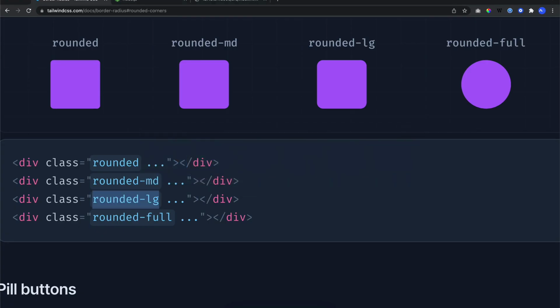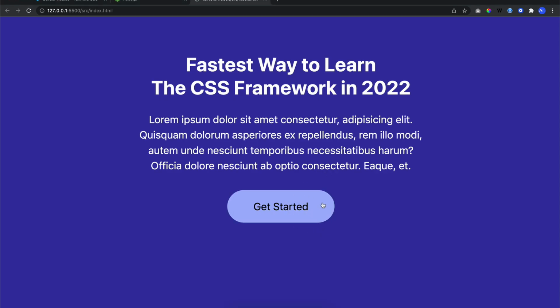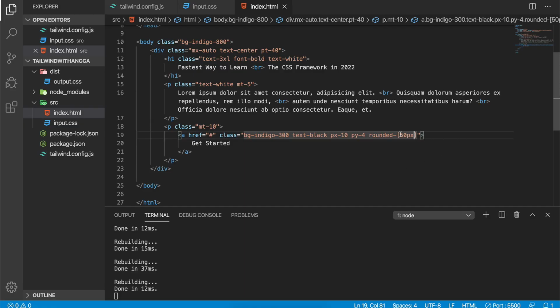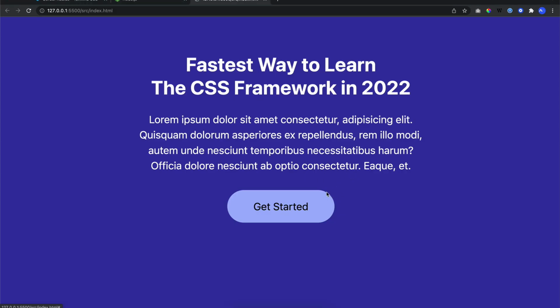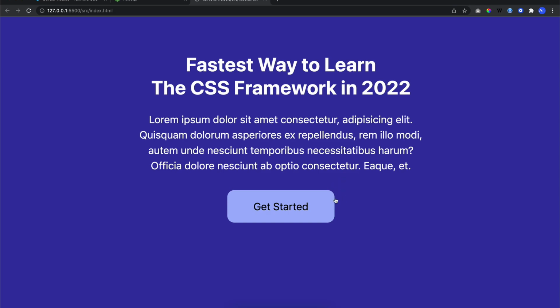Just click save, and then you're going to have it. It's pretty smooth, isn't it? Let's say you want to have 150, and this is pretty much the same. Let's say you only want to have 11 pixels, and it's going to be like this.